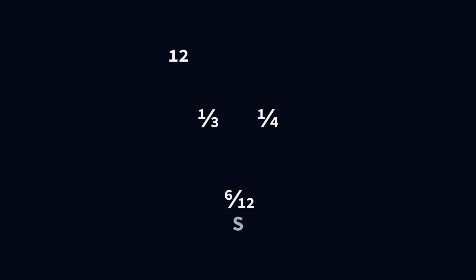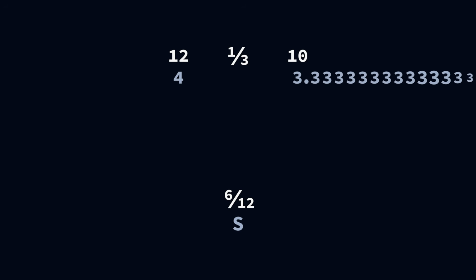For example, fractions. If you wanted to write 1/2 in Roman numerals, you'd simply have to write an S. Although S technically isn't 1/2, but is instead 6/12. This is because when keeping the same base number, it's much easier to handle fractions such as 1/3 and 1/4 with 12 instead of 10. Well, 1/3 of 12 is simply 4, 1/3 of 10 is 3, never mind.